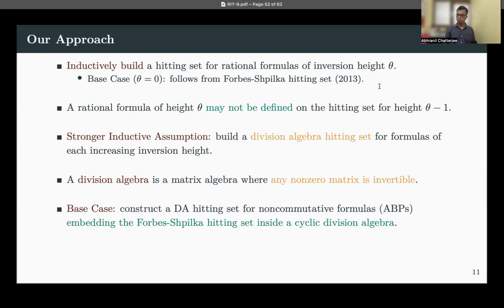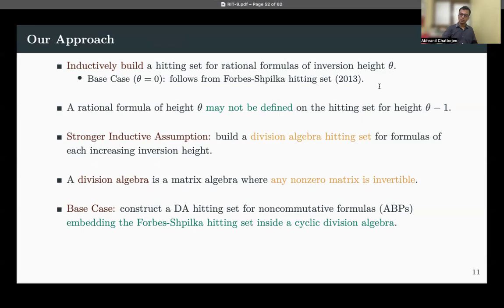Okay. So we go over the base case again. Here we need to modify the flow-split hitting set. We construct a division algebra hitting set for non-commutative formulas. And the idea is that we actually embed the flow-split hitting set inside a cyclic division algebra. I'm not going to define what a cyclic division algebra is. It is a special kind of cyclic division algebra that has some nice shape that is crucially exploited in our